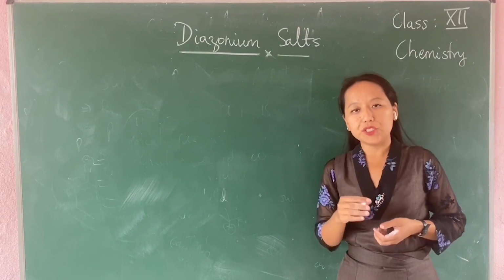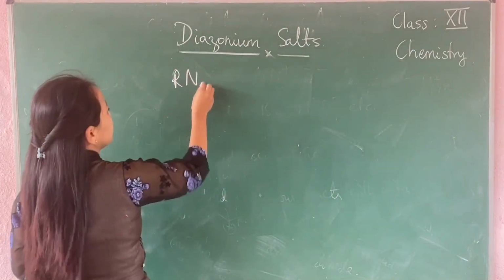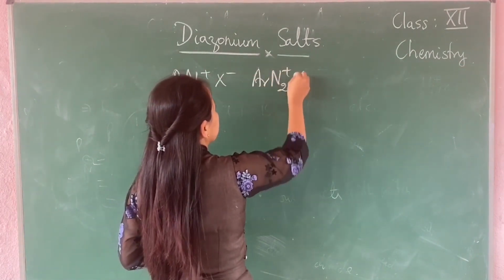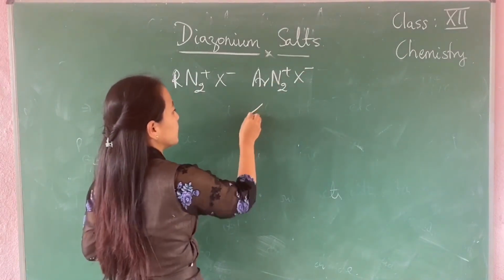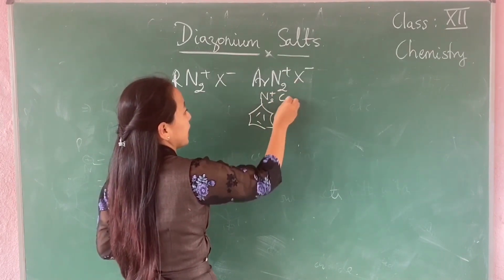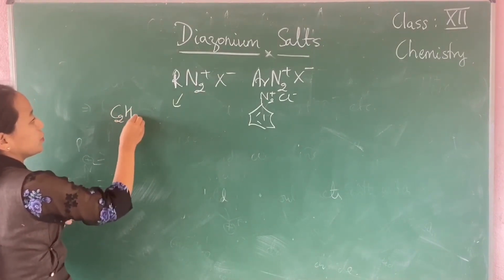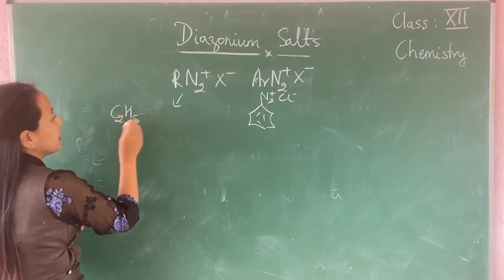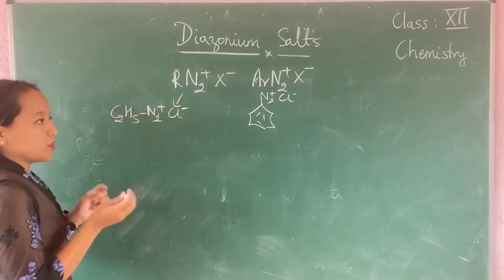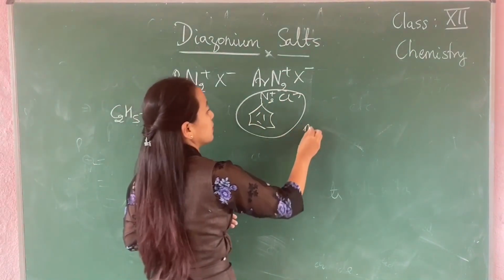Okay, on the basis of what I just explained, we can write the general formula of diazonium salt as RN2+X- or ArN2+X-. To give an example for this, you can have a benzene ring N2+. Instead of X, you can have a chloride atom. And in this case, let me give you this example which I just explained for naming: C2H5N2+Cl-. But when you compare the stability of these two compounds, this is more stable